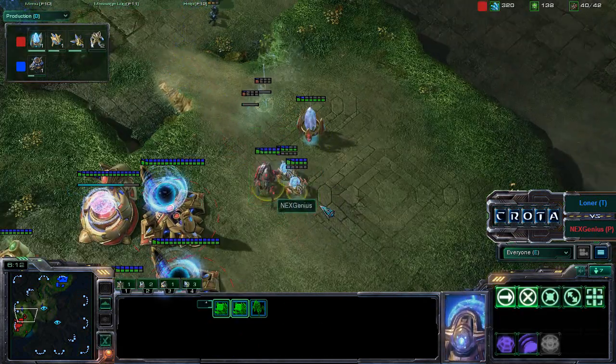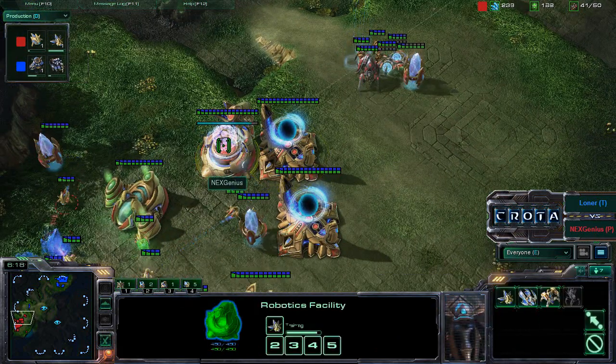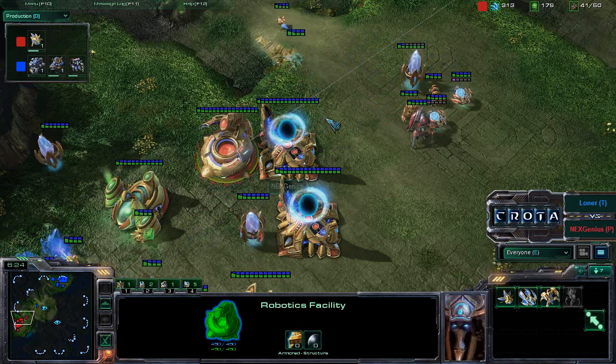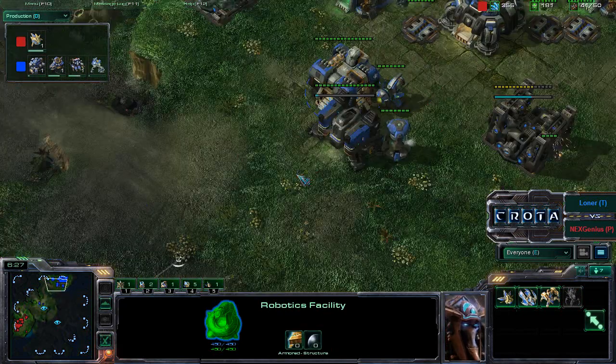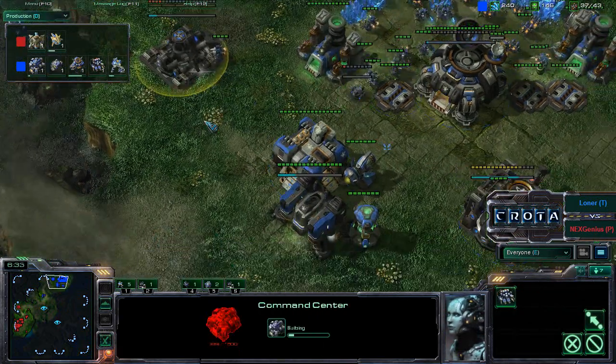And now these sentries being able to force that attack back, and now more zealots being warped into the front. We also see an observer coming in by NEXGenius, so NEXGenius will be able to finally get some scouting out and figure out that it is in fact going to be a 1-1-1 build with the command center currently being